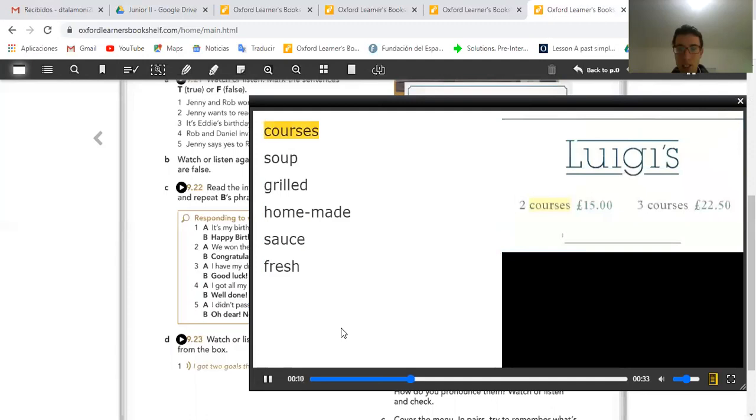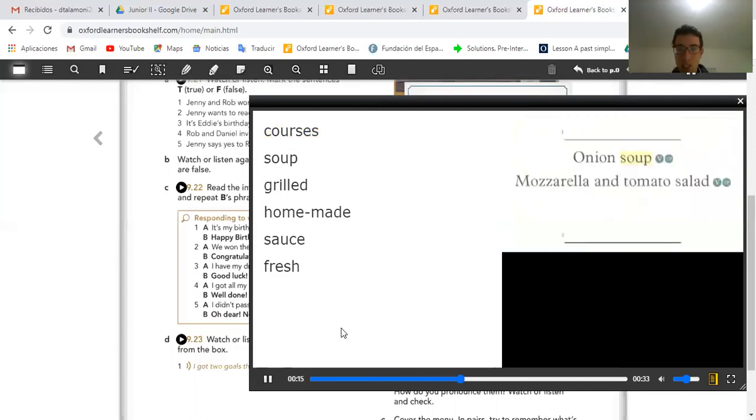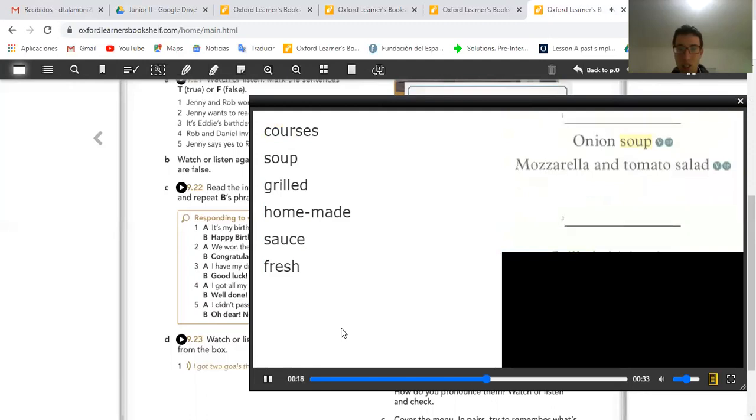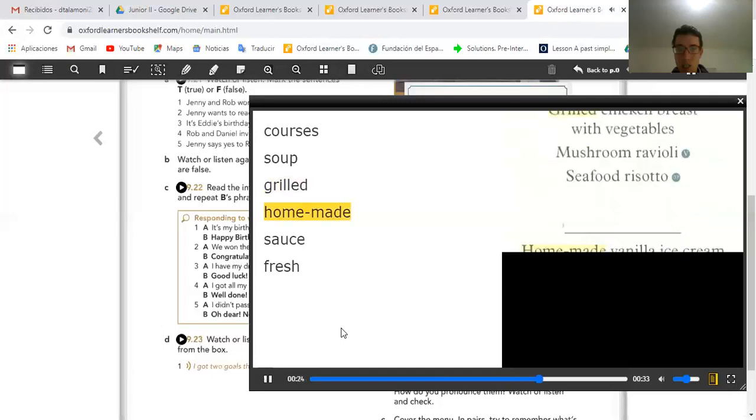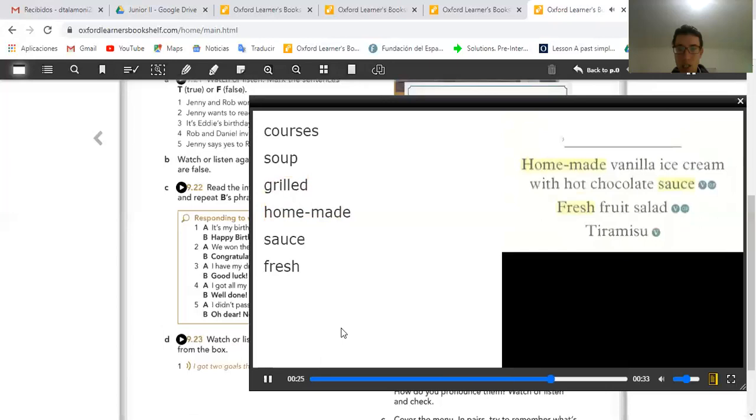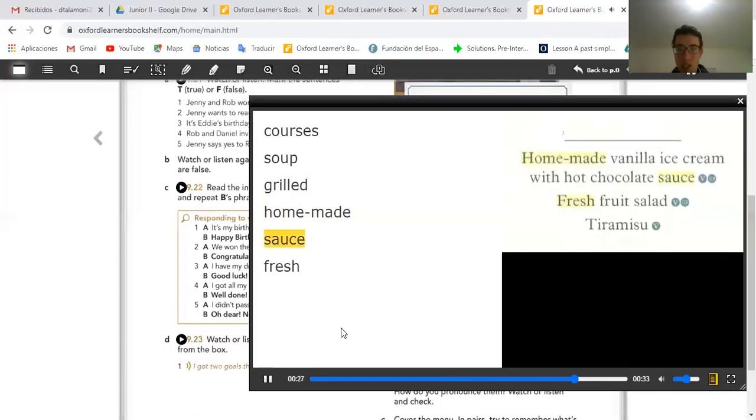Courses. Soup, Grilled. homemade, Sauce. fresh,